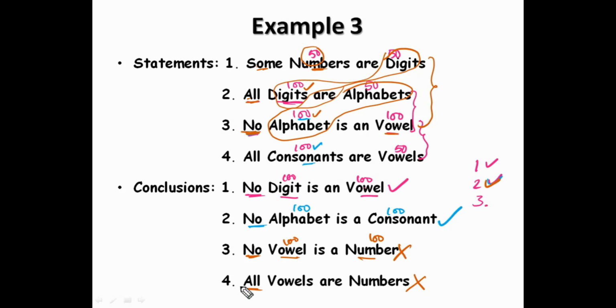After individual verification of each conclusion, now check either or. Is there any same pair of elements? Digit and vowel, nowhere. Alphabet and consonant, nowhere. Vowel and number, yes, vowel and number is there. Same pair of elements are there, and both failed. That is okay, but both universal cannot be complementary pairs. So for this question, the answer is only conclusions 1 and 2 follow. That's all.